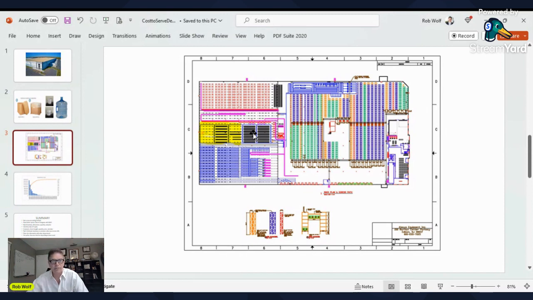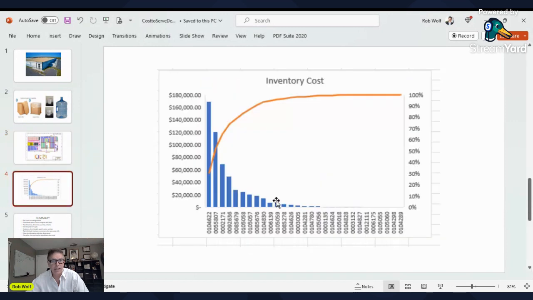So when I get all this information from you, and I'll do another video on all the information I need, I'll have an Excel spreadsheet that comes out, and it'll show me which items you're losing money on, which items you're profitable on, but also which items you're spending the most money on and what have you. So there are all different pie charts I can do. For instance, one of them would be the Pareto analysis. In this example, it looks like 10 items are taking up about 90+% of the cost. And that's going to be the way with most companies, the 80-20 rule. But like I said, there can also be linear adjustments as well, or pie charts to show the big winners